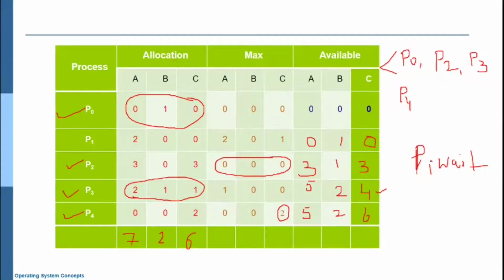Now P1 from the waiting state moves to the safe state. So the safe sequence is P0, P2, P3, P4, P1. We can even get it like this also: P0, comma, P2, comma, P3. So when we satisfy P3, we got 524. Instead of executing P4, we can also execute P1, and then P4. So there is a chance of getting a number of safe sequences.